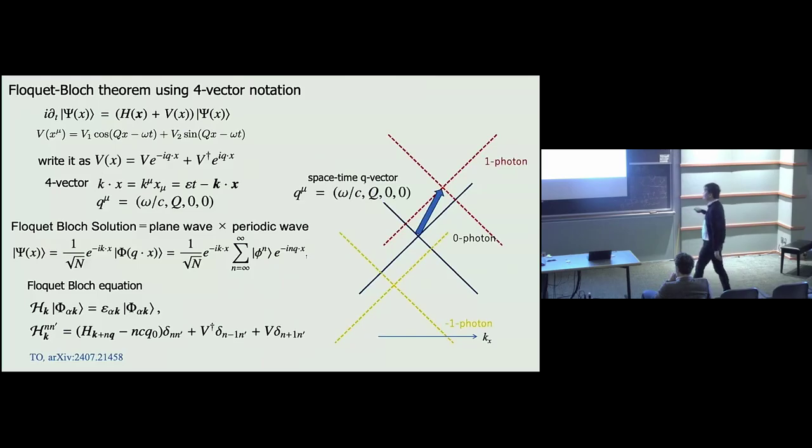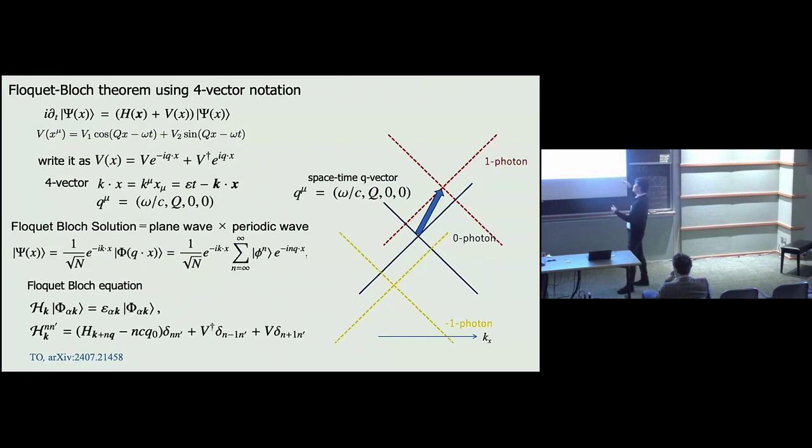What's a little bit different about this picture is that the shift is not directly upward, but tilted. So I have finite omega and finite momentum, Q, in a shift. Actually, what I wrote here is a very small extension of the usual Fourier theorem and Bloch theorem using a four-vector notation. A four-vector notation means that if you see this Q dot x or K dot x,